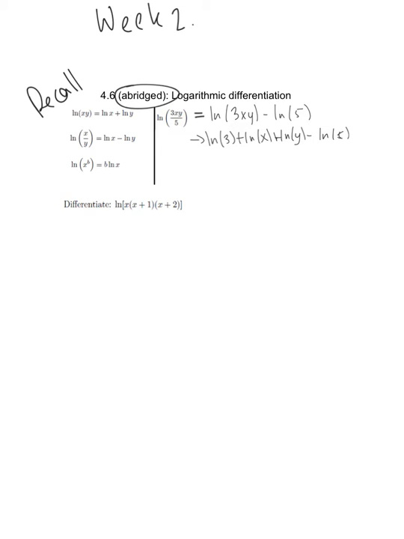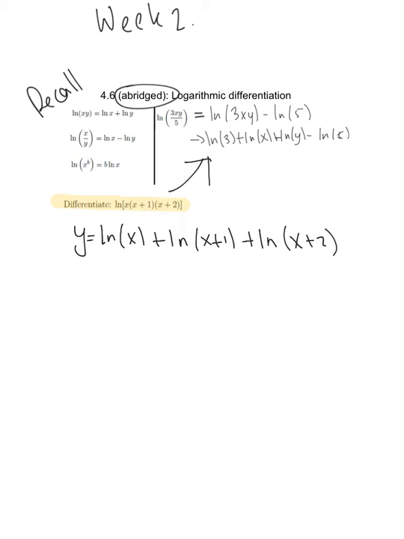Now, the reason why that's helpful is if we want to do this differentiation here, this differentiation, if we just did it straight up, would be 3 product rules inside of a chain rule. Not very helpful. So what we can do instead is use the same two rules as above and make this, instead of y equals the natural log of x times x plus 1 times x plus 2, the natural log of x plus the natural log of x plus 1 plus the natural log of x plus 2,